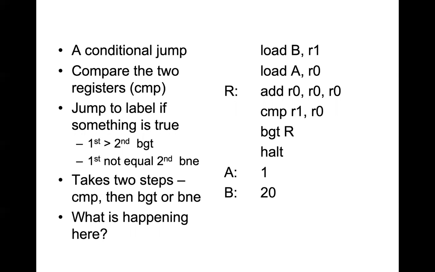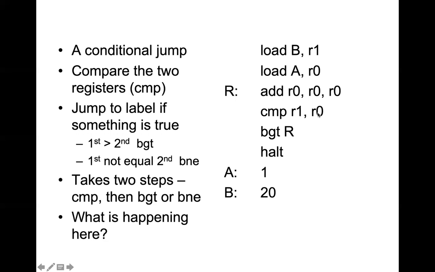The jump only executes if certain conditions are true. And so let's look at how that works. The way the conditional jump works is it's going to pair with a comparison instruction. And so this is sort of legitimately tricky. So let's skip over our program except for the comparison instruction here. When we get to this instruction, we're going to compare the contents of register 1 with the contents of